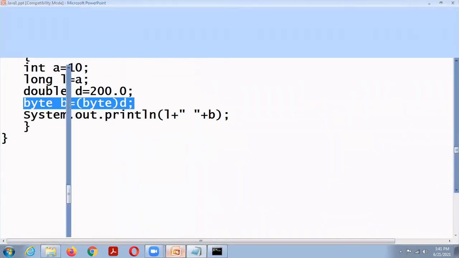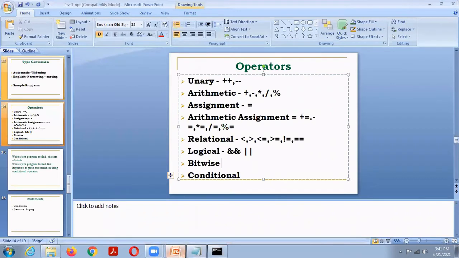So operators: unary operators, plus plus, minus minus, unary increment, unary decrement operator. Arithmetic operators: addition, subtraction, multiplication, division, mod operator. Then assignment operator, equal operator. Then arithmetic assignment: plus equal to, minus equal to, star equal to, slash equal to, then percentage equal to.